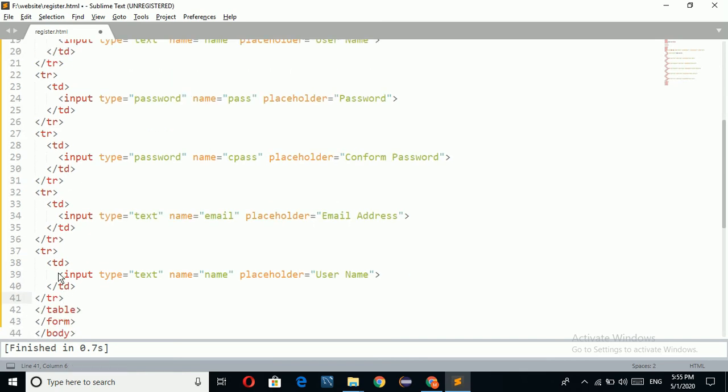So here remove the input type. Here I am taking in the TD, I am creating the select. In this select name equal to country, and I am taking class equal to drop for applying the CSS. Here I am going to take option value equal to -1 for selecting the default. Selected is the country.